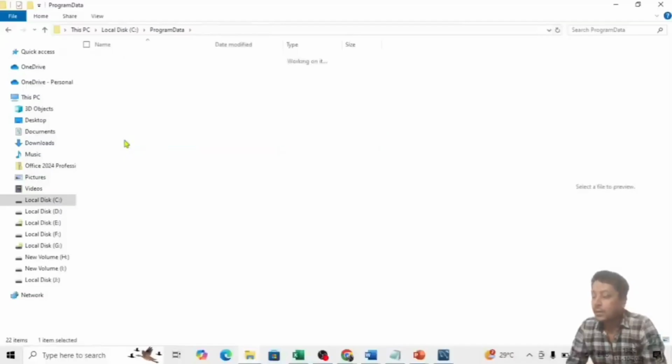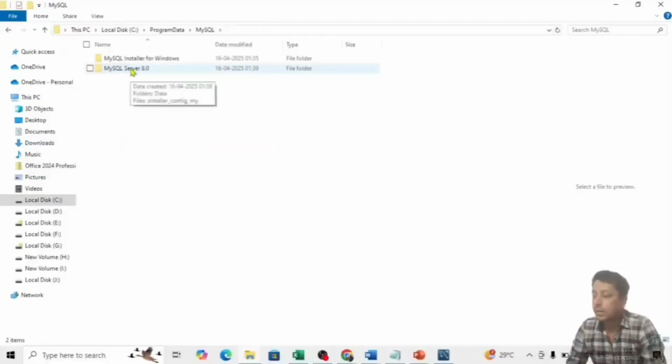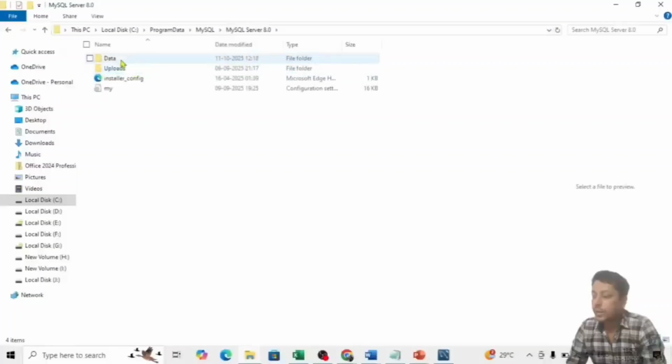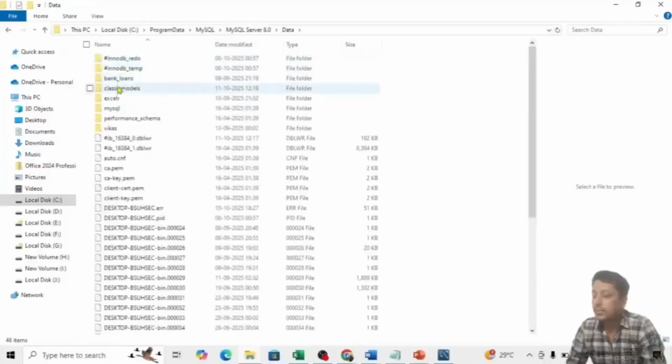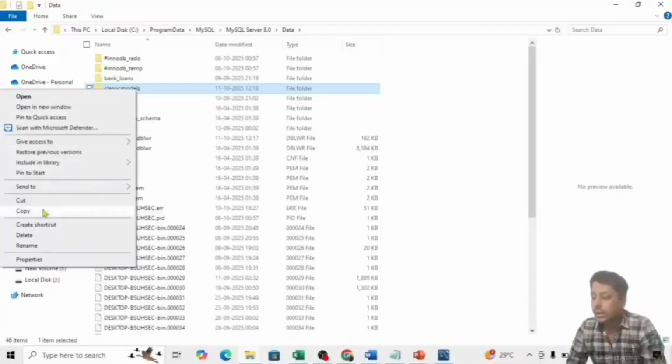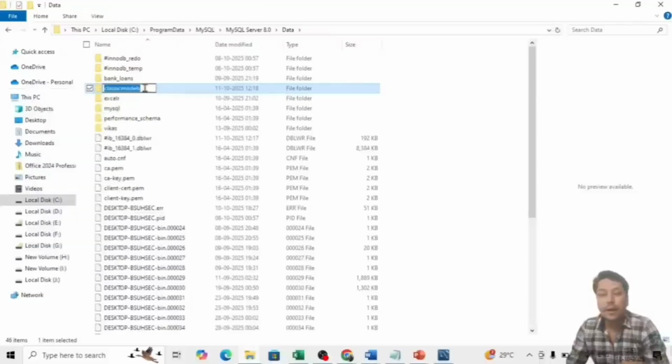So MySQL, click on MySQL Server 8.0 and click on Data here. And then you can see some folders are automatically created. So you can see classicmodels is here, right? So you have to go and delete this, right? So once you delete this and again create the database via query, then it will work automatically.